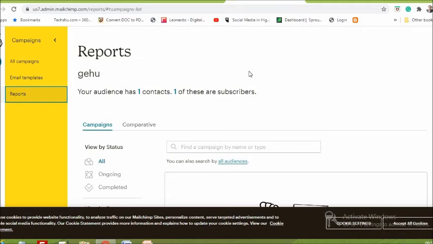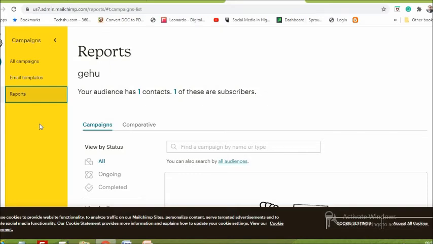Everyone must visit the website mailchimp.com, make your account, add 10 email addresses, design an email campaign with a small paragraph, send it to your contacts, and then analyze the report you receive. That is about how we can start email marketing.